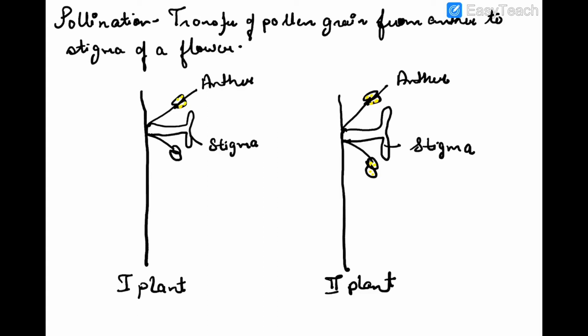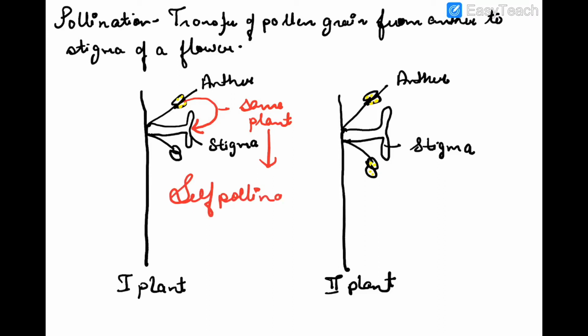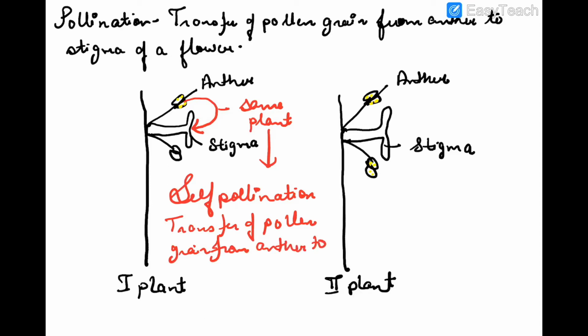Now, if pollen grains are transferred from the anther to stigma of the same plant, it is known as self-pollination. Transfer of pollen grain from anther to stigma of same plant is known as self-pollination. If we talk about another type of pollination, that is cross-pollination, in which the pollen grains are transferred from